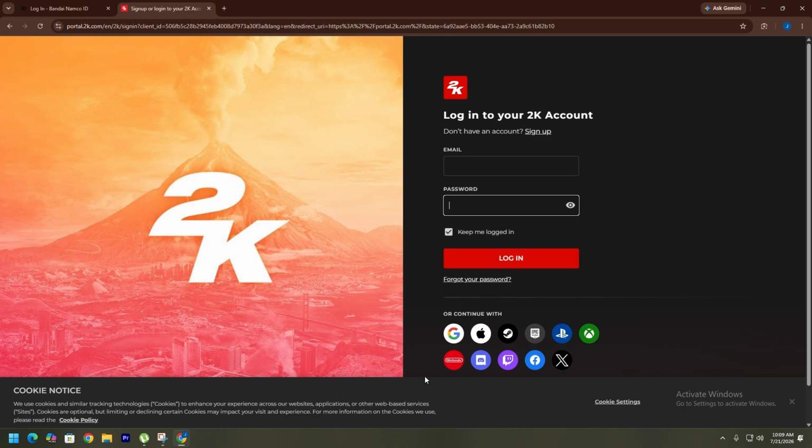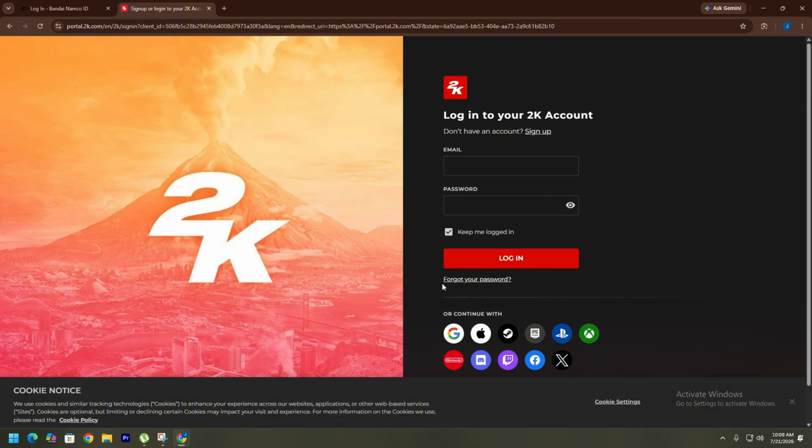So in case you have used any of those platforms to sign up your account, then you can click on any of the platforms and go along with the process of adding down their own credentials and then logging into your account, right? So if you want this website to remember your ID, you can simply select the option keep me logged in, and then later when you try to sign into your account, your website will actually remember